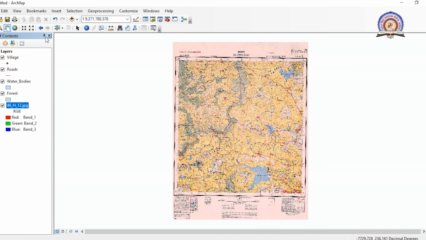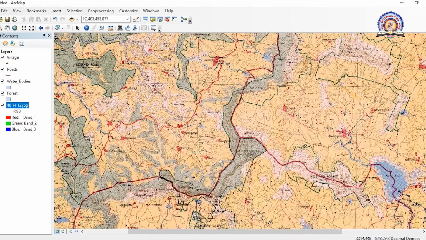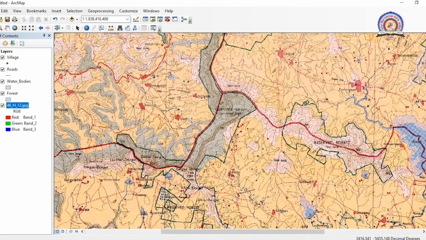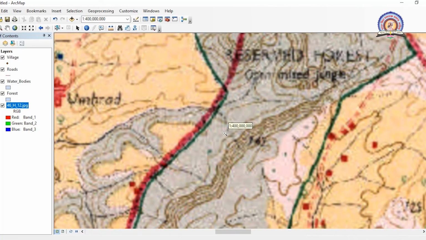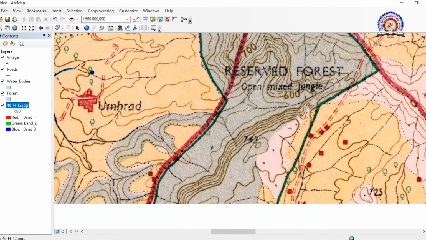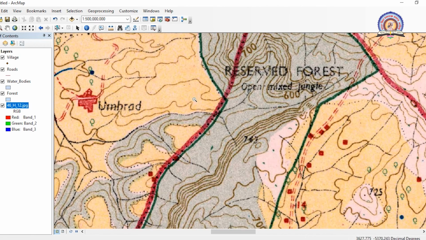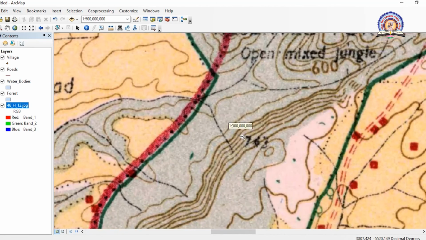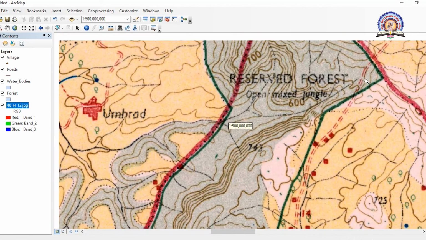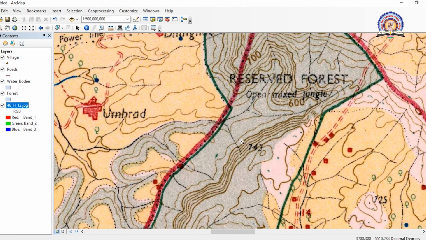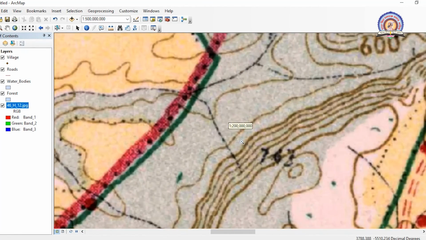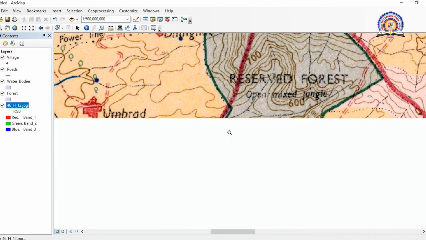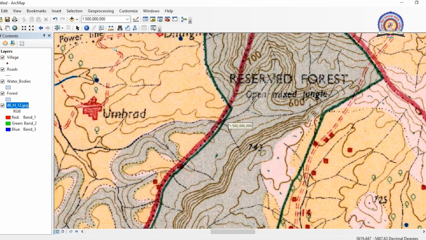Now see, this is our map, and in this map we have numbers of physical and cultural features present. For example, yes, this is a forest area, this is agricultural land, this red one is nothing but your road, and the green boundary represents your reserve forest area. Just a minute, we will be zooming out.